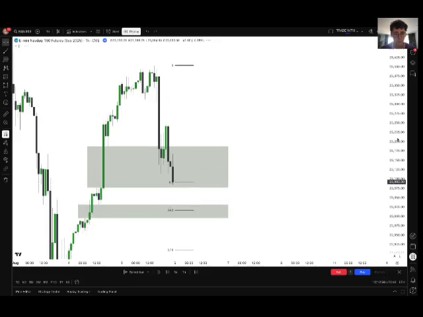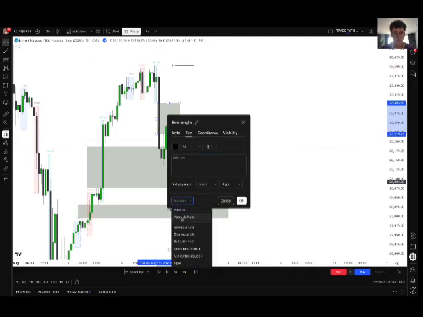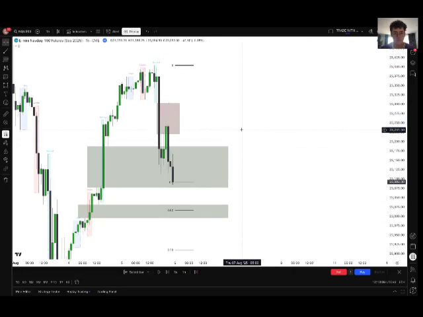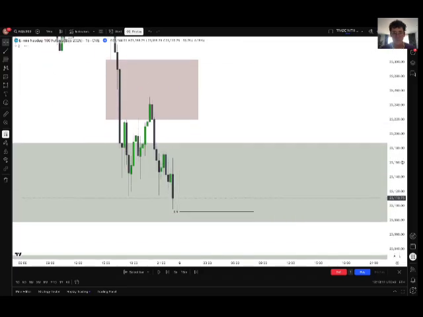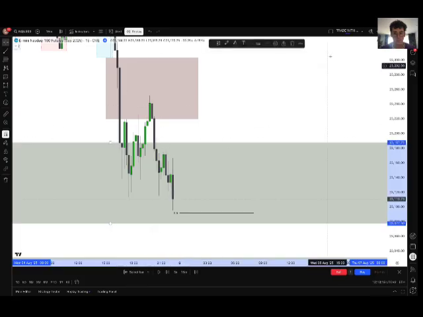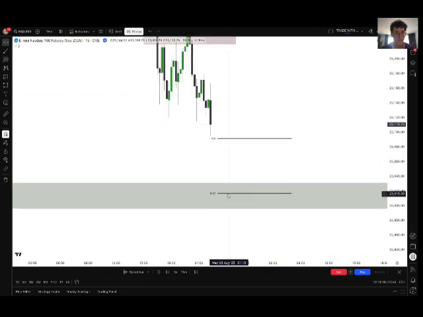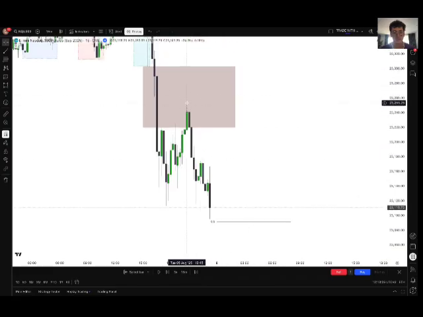Moving on to the 1 hour time frame, we had a 1 hour bearish gap. So I would like to see price retracing back into that gap, and then we can start seeing price moving lower. We retraced inside that gap at 8 p.m. So now I'm gonna remove this for our fair value gap. I am considering that price is going inside this fair value gap once we retrace inside this 1 hour gap.